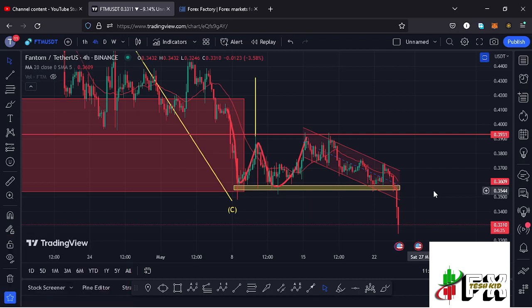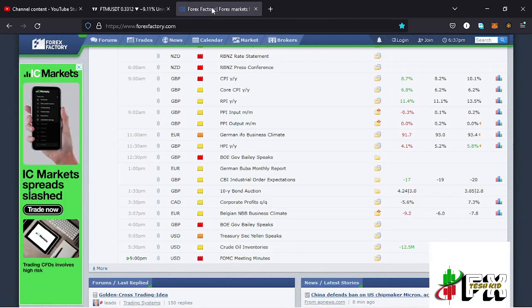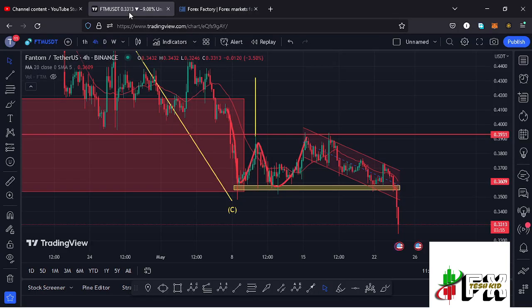Before I can proceed with the technical analysis, allow me to focus a little bit on the fundamental analysis, where here on the Forex Factory you can see that in a few hours we are going to see the FOMC meeting minutes, and as a result of that I'm expecting a lot of volatility in the market, and I think that's the reason as to why we are seeing a bit of massive crazy price action here on